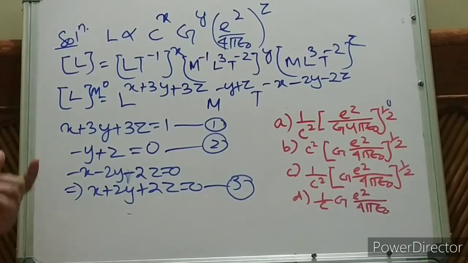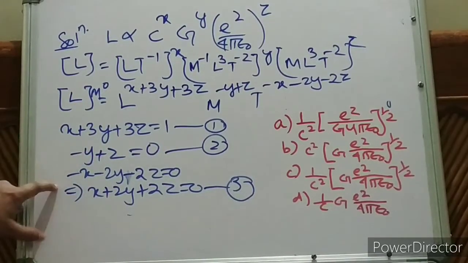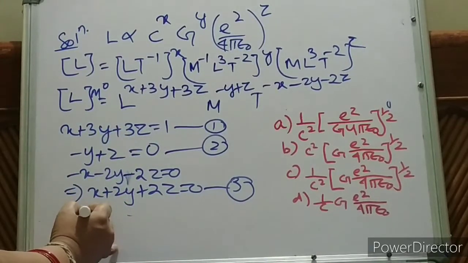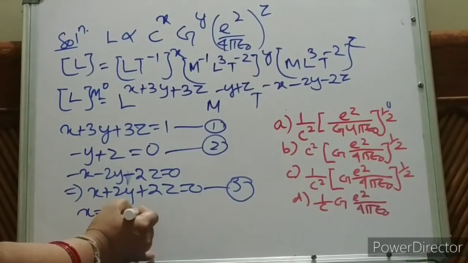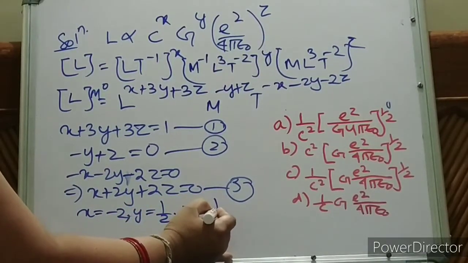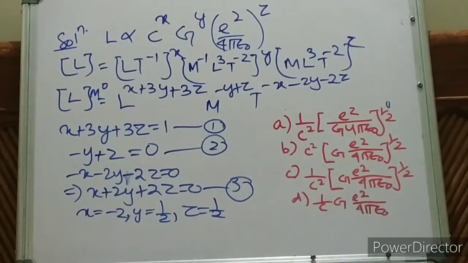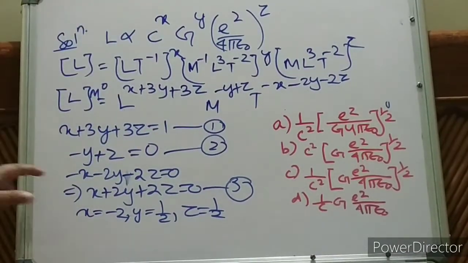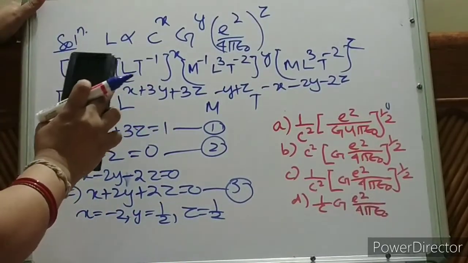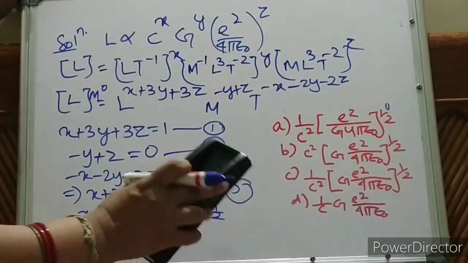Solve these three equations. Okay. So what you will get, if you solve these three equations, you know how to solve. This is simple mathematics. First, second and third equation. On solving these three equations, you will get X is equal to minus 2, Y is equal to half, then Z is also equal to half. Is the last line visible to you, children? Okay. Now we have to put it over here. Okay. So what we will write? Let me erase this. C to the power X, D to the power Y. I think people have noted it down.